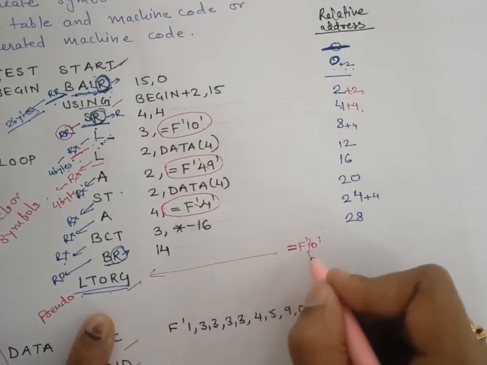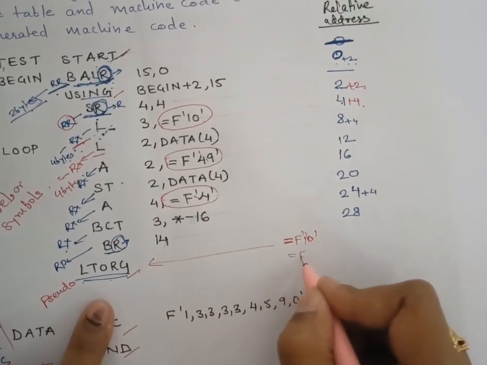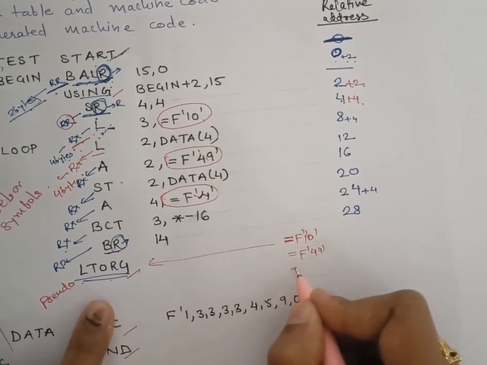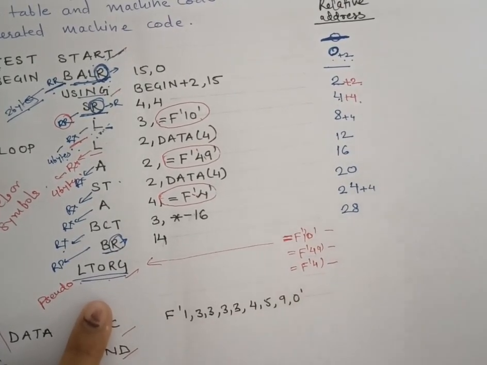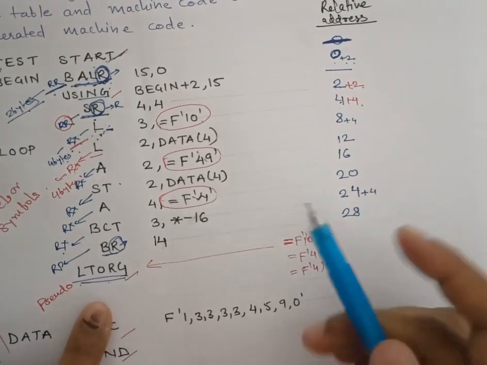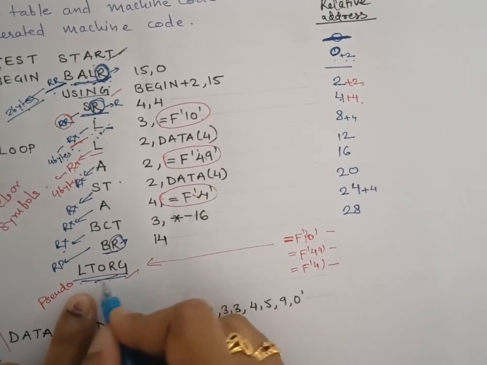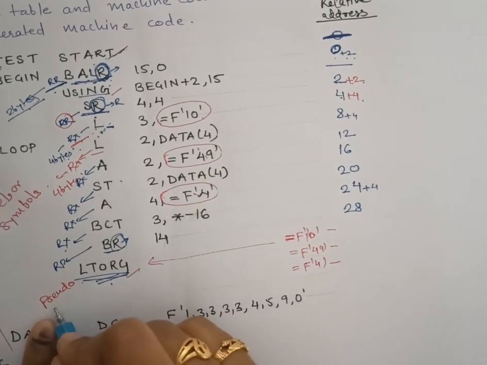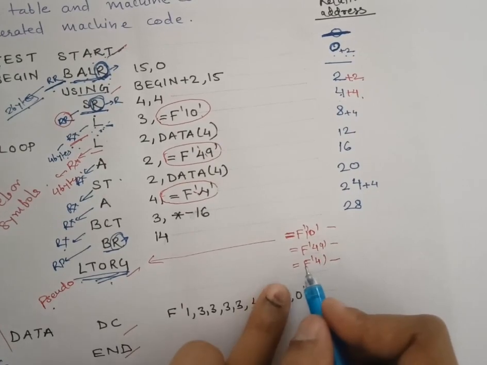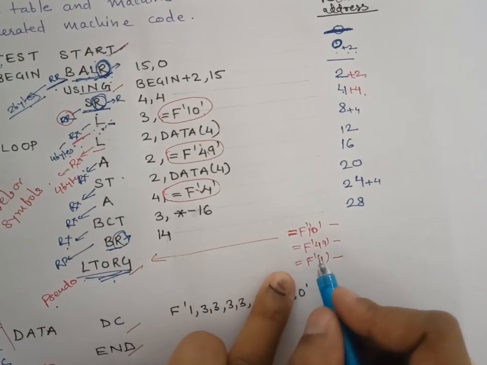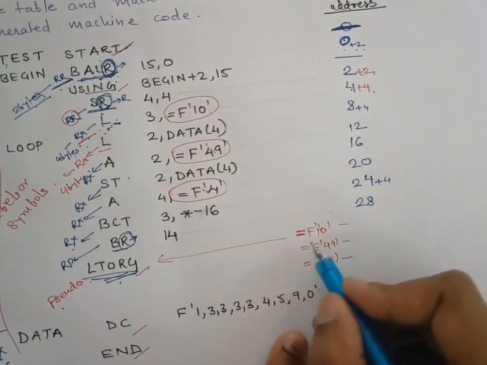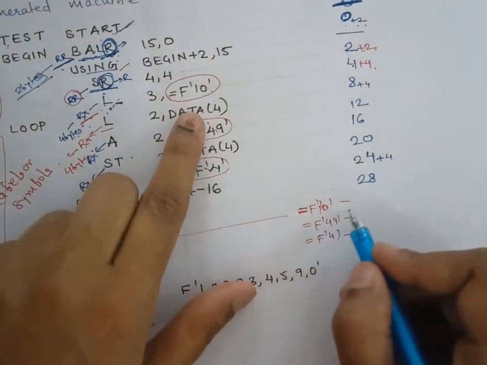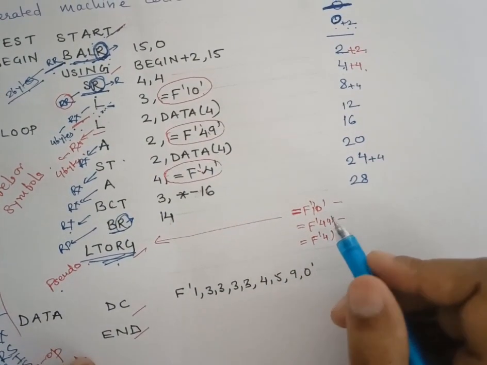So here the first we are having the F of 10, second we are having the F of 49, and the third one we are having the F of 4. So we have to provide the address of these three literals which come under the LTORG. LTORG is a pseudo-op which contains simply the literals, and we can recognize the literals easily because they contain the equal to sign here. So here F of 10 is the F of 10, and one thing we have to remember here,